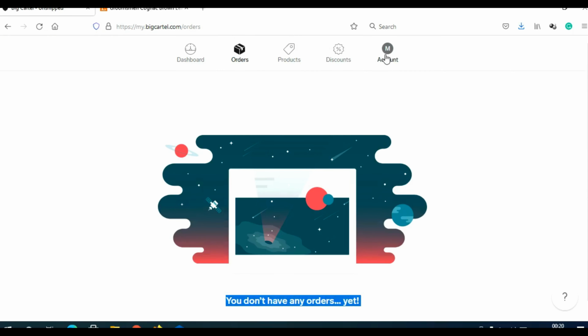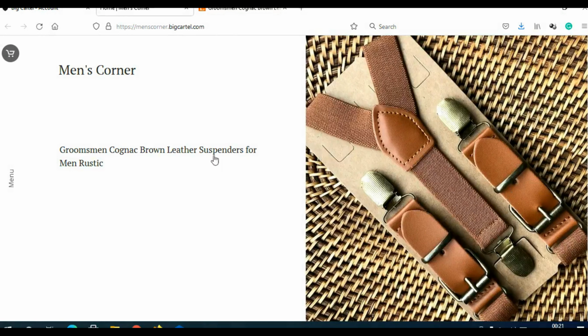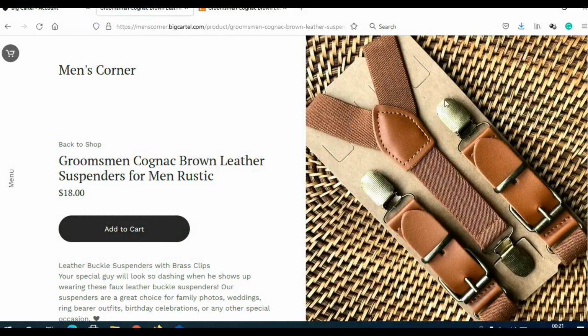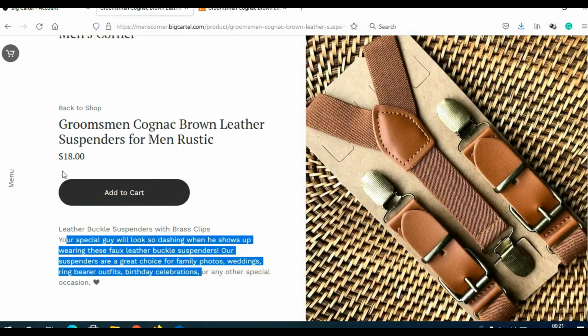So now I can actually go on my account, click here on account, and I can click here on the domain name of my store to check it out to see how my store looks like. This is the homepage of my store. This is my product, and this is the title of that product. When I click on it, I will open this product. This is the photo, and here you can see title, here you can see description, here you can see price